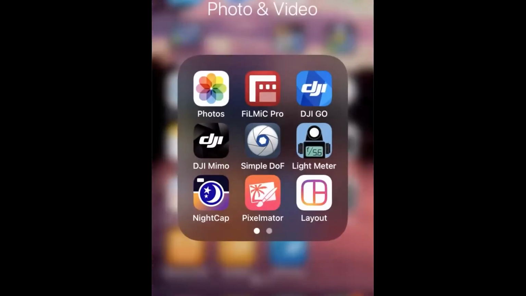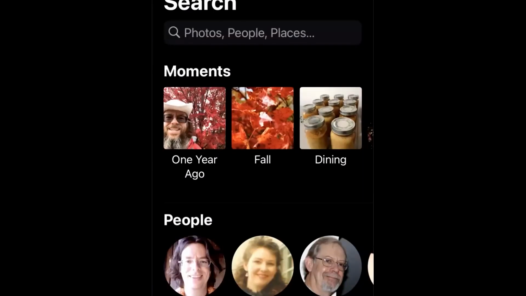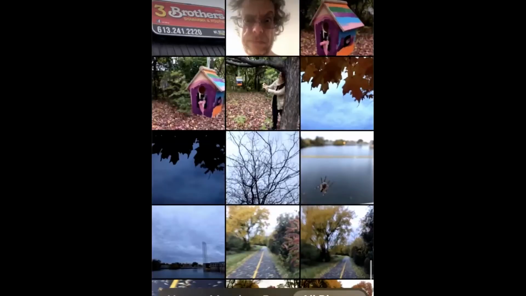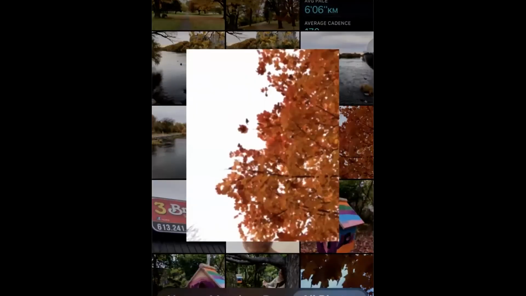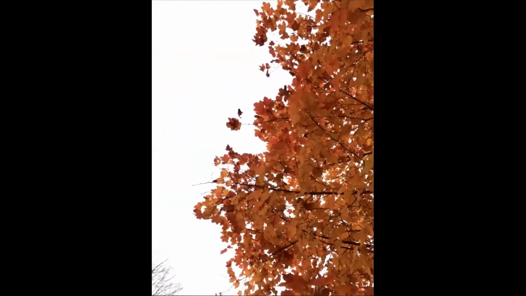So is it normal when in HDR to get two photos instead of a merged one? Yes. Remember when we were looking at settings, there was an option to keep the original photo as well. That's where that happens. And what I will do is I will quickly go into photos and let's see. I find that I like HDR in that it gives me a really nice punchy photo, but I also like the fact that I can throw it away and keep the original when I don't like it.